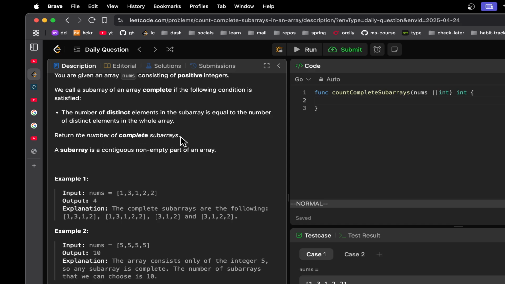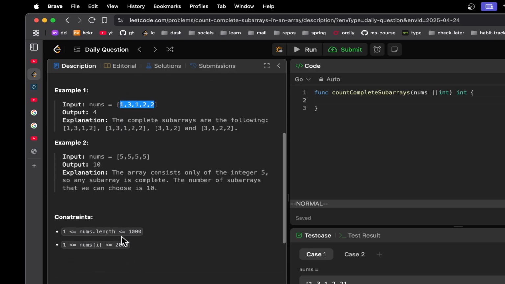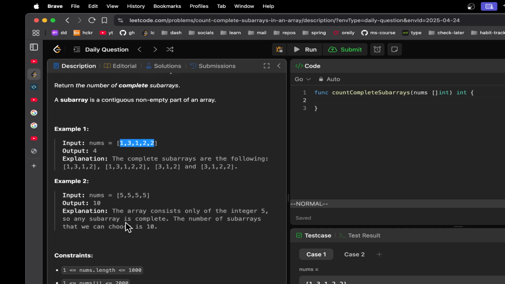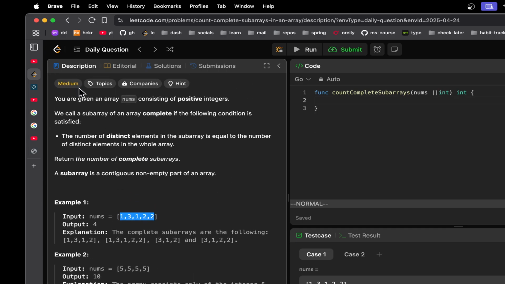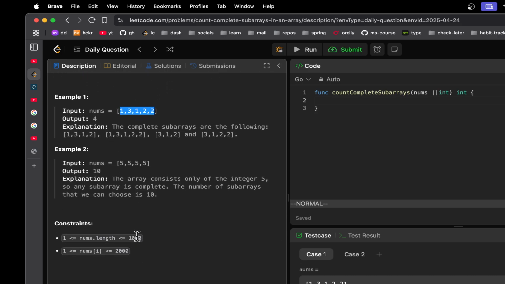complete subarrays. All right, I know that such solutions we have to solve using a sliding window pattern in order to be efficient, because they are saying the nums length is 1000, right? So if you want to write a brute force solution, and since this is a medium difficulty,